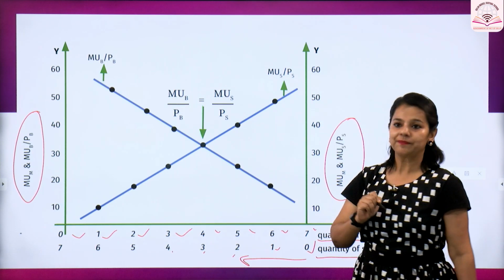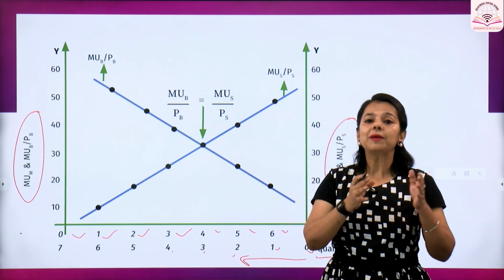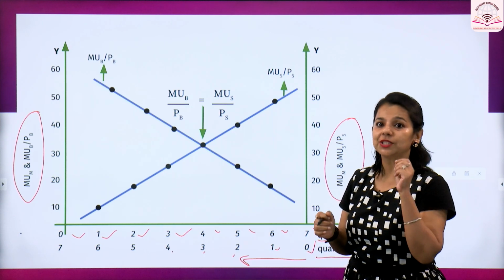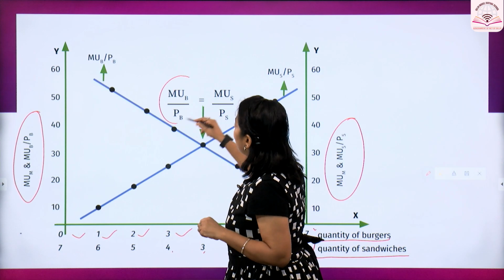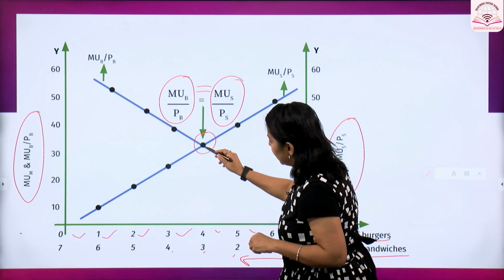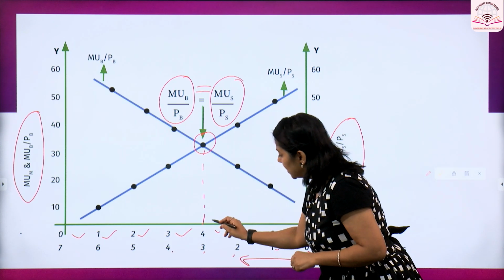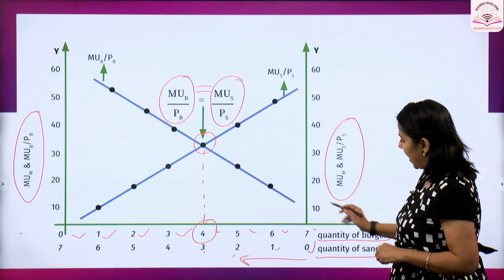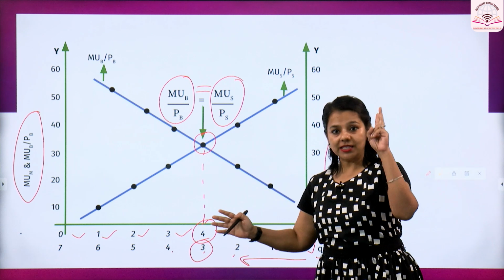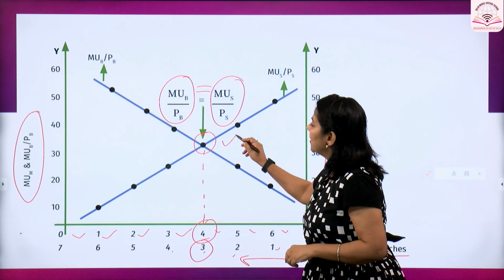So recall the law of equi-marginal utility, where per rupee marginal utility of both the goods are same. So we have per rupee marginal utility of burger equal to per rupee marginal utility of sandwich at this point, and here we can see that consumer is at equilibrium when he is consuming 4 units of burgers and 3 units of sandwiches. Now here, along with the second condition that marginal utility must be falling,